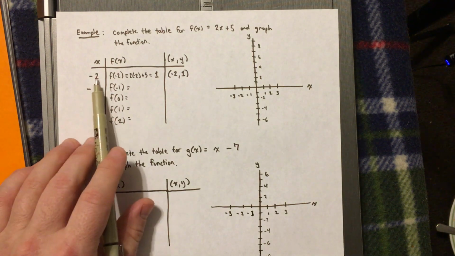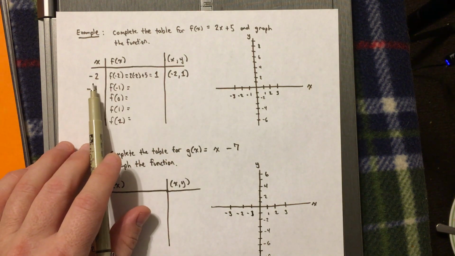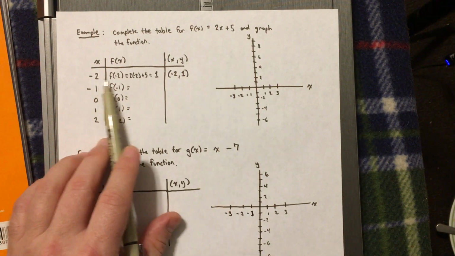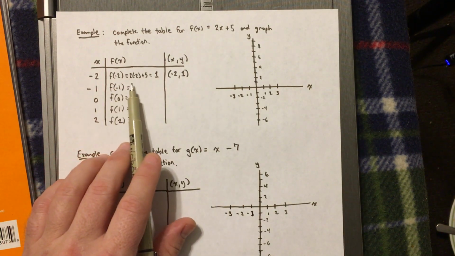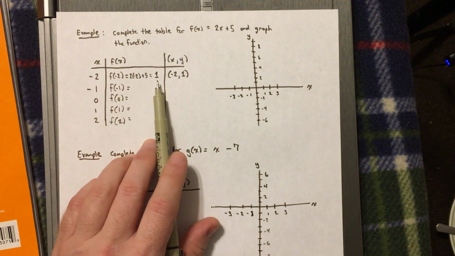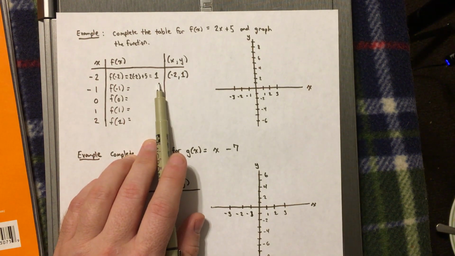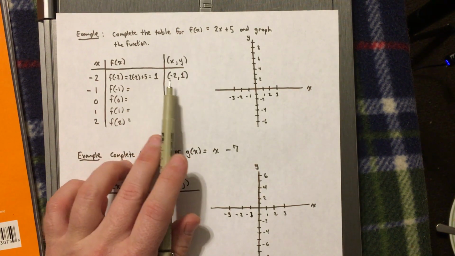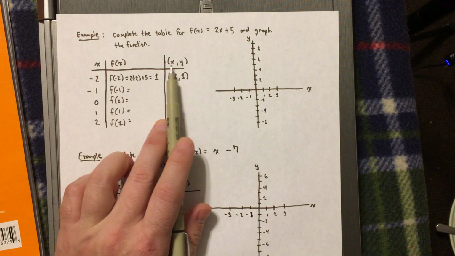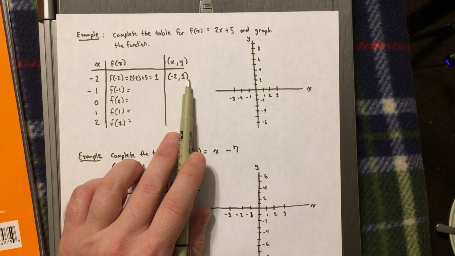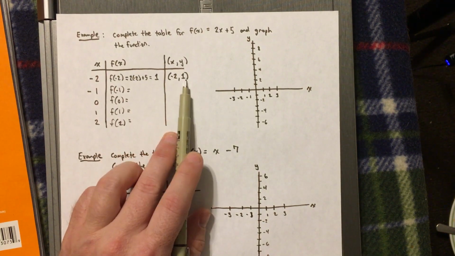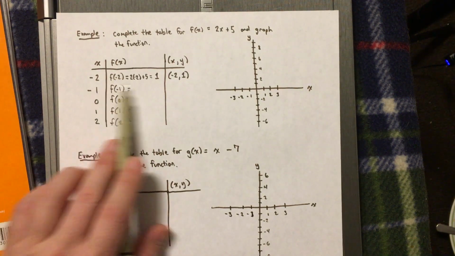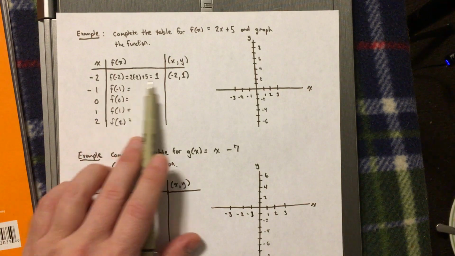So what I've done for the first example here, I've showed you the work of what it looks like when we evaluate the function rule at f of -2. And so when you work it out, you get an output of 1 for that. So the ordered pair, the way we get our ordered pairs from this information, again, an ordered pair is just the relationship of the x-coordinate and the output variable, or the y-coordinate. And remember, f of x is the same thing as y,